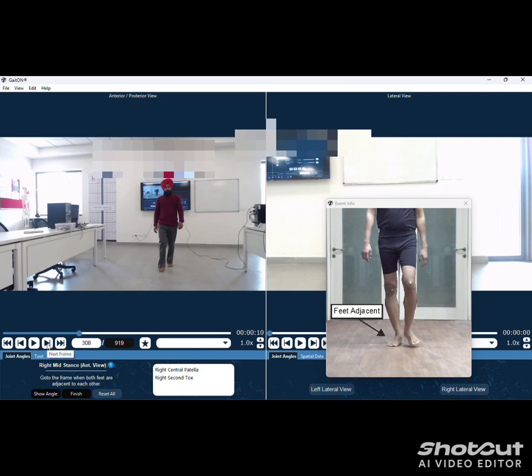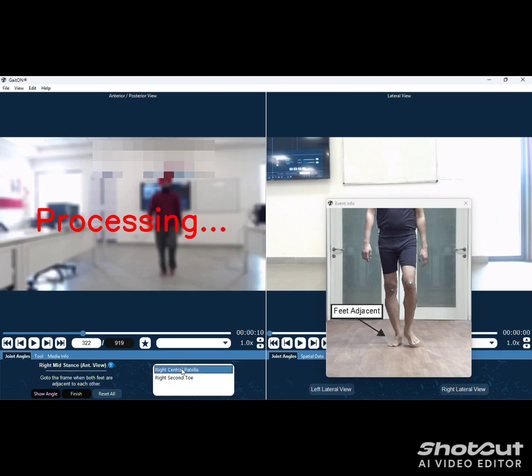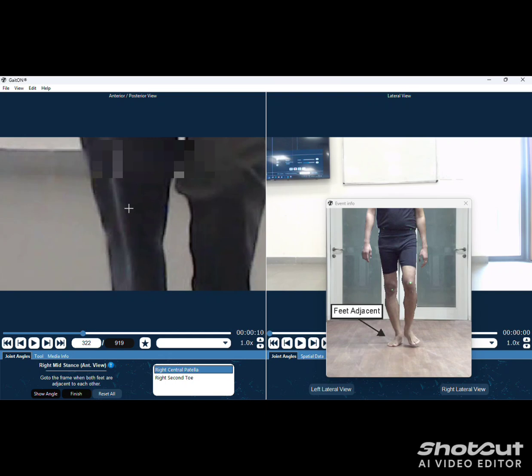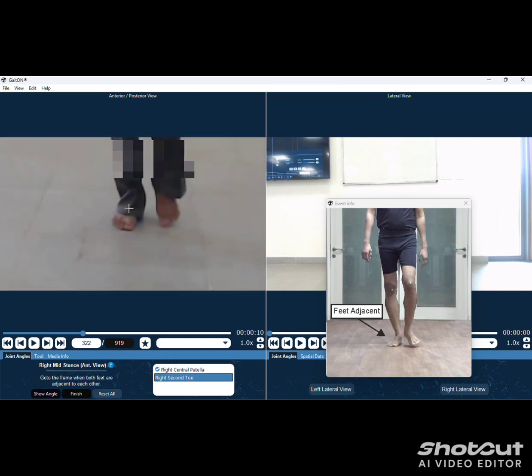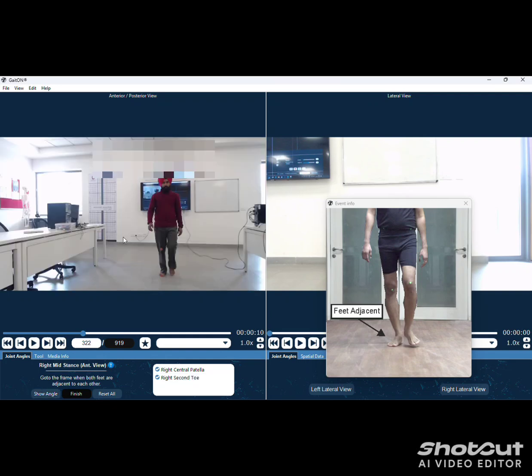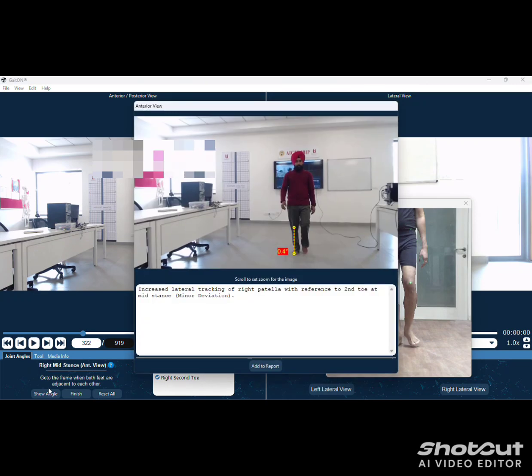On your right hand side, see the feet adjustment, and we move the video frame by frame and get the same posture as shown in the example data, and place your pointer at right center patella and right second toe, and then click on show angle, and here your result has been shown.